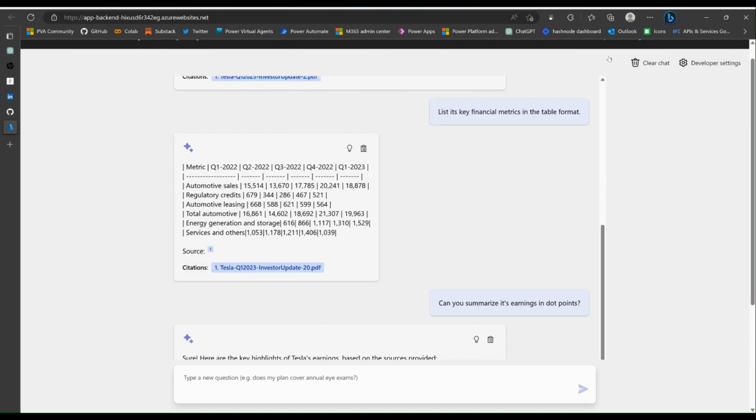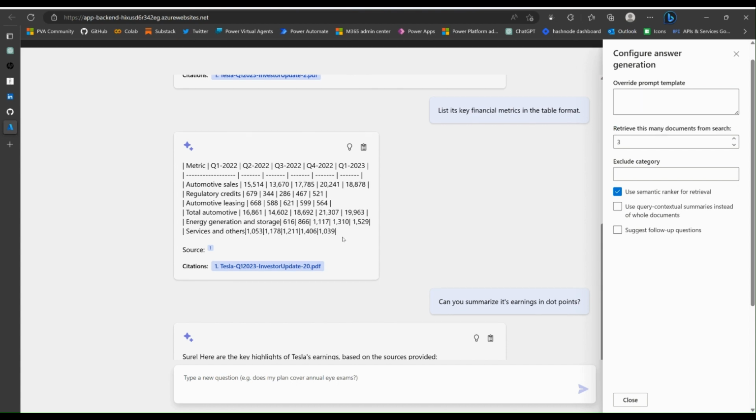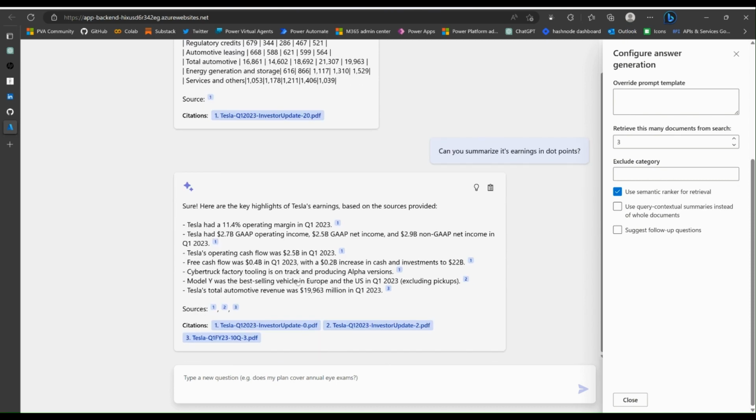Coming to the developer settings here, you can replace with your own prompts. I understand this is powered by the Azure OpenAI 3.5 model. So it supports system message to define a role of the bot. Retrieve as many documents. Okay, so maximum is 3. You can see one of our question here. The last one, it has quoted 3 references. If you have more than that, it won't be quoted. Okay, and then you can